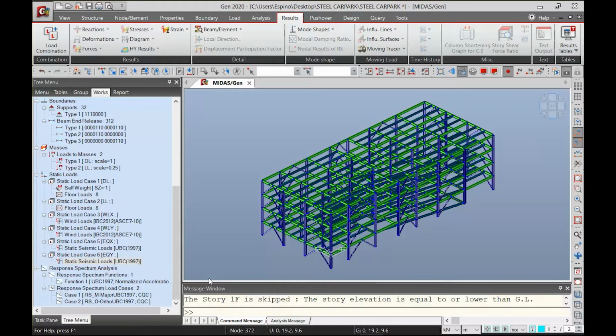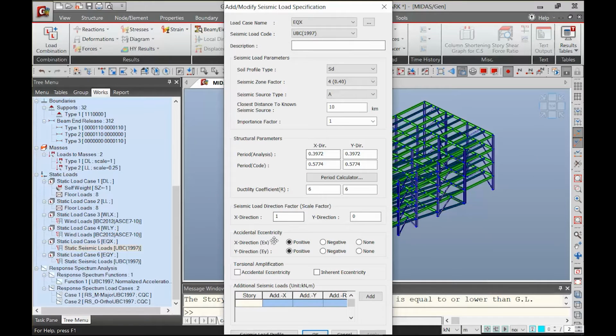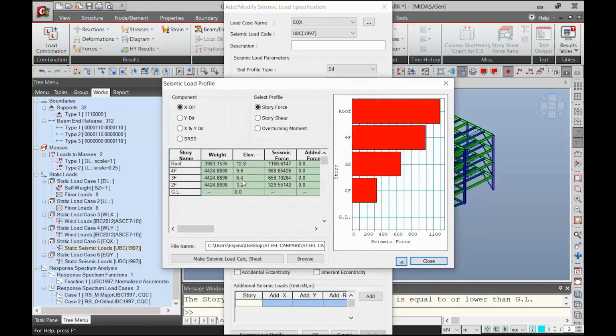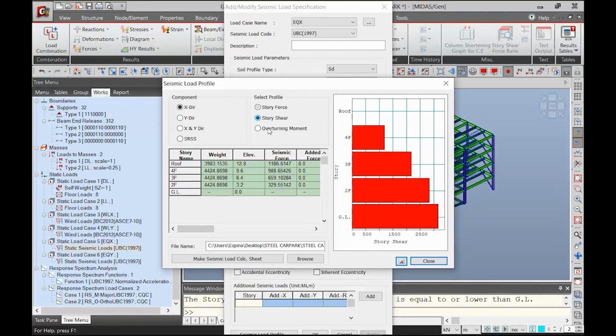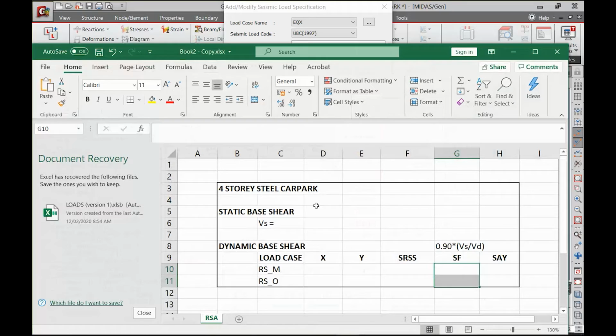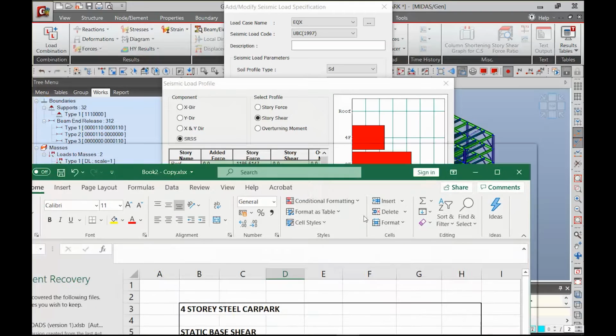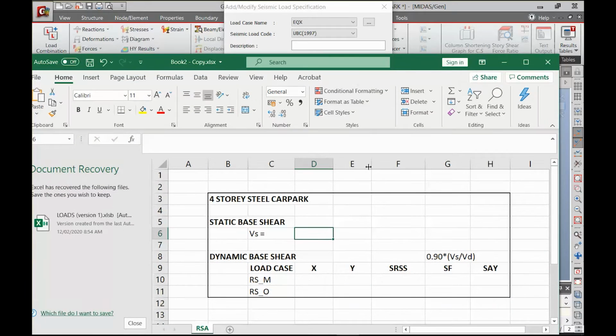So after we have updated and checked the excitation angle, we can also get the static base shear of our structure. Again, I'm just opening a seismic load. Storey shear, SRSS. As you can see, we have 3163.9232. I have already created an Excel file. So this is 3163.9232,